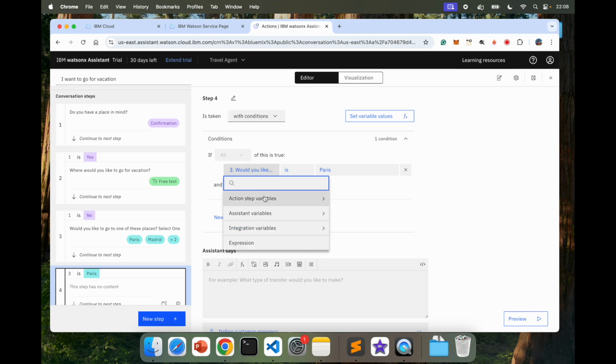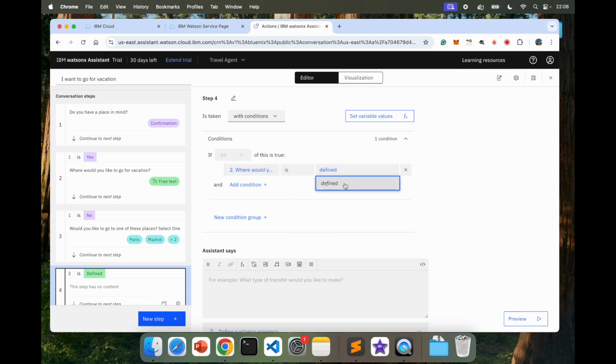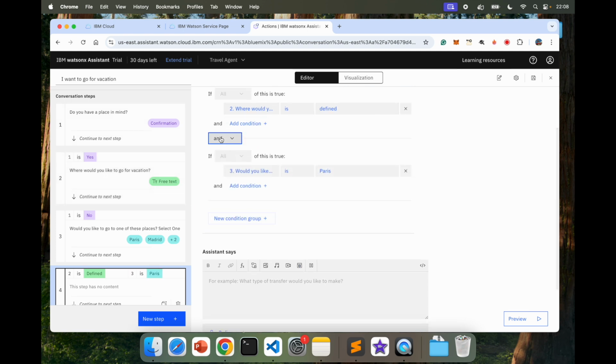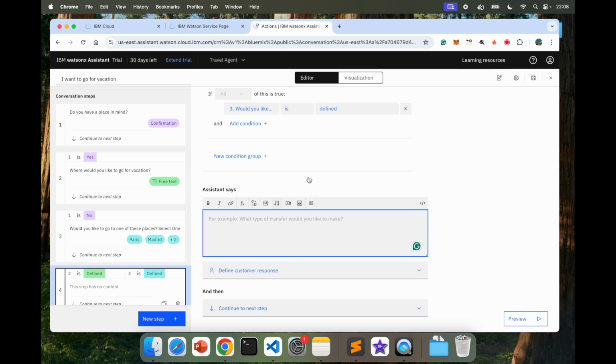So in this particular option, the step number 4, I'm going to say with conditions. And here I'm going to say action variables, and that is coming from, let's say if it's coming from where would you like to go for vacation, and they have given a free text here that is defined, or they're coming from number 3 and they have selected one of these options. So I'm going to say defined because it can be any of those options. And here now I will,